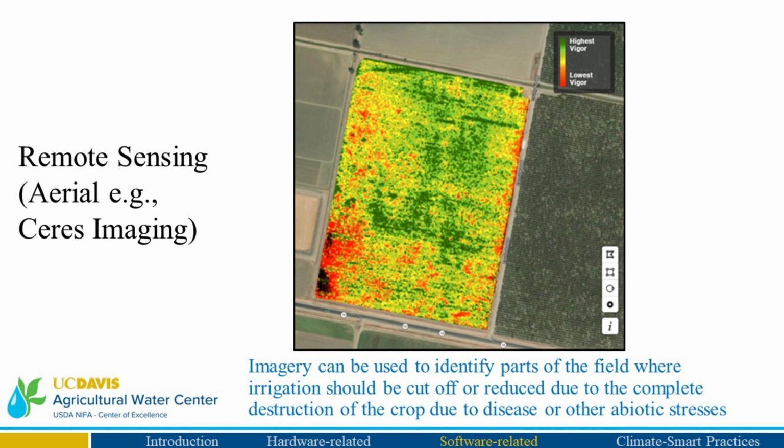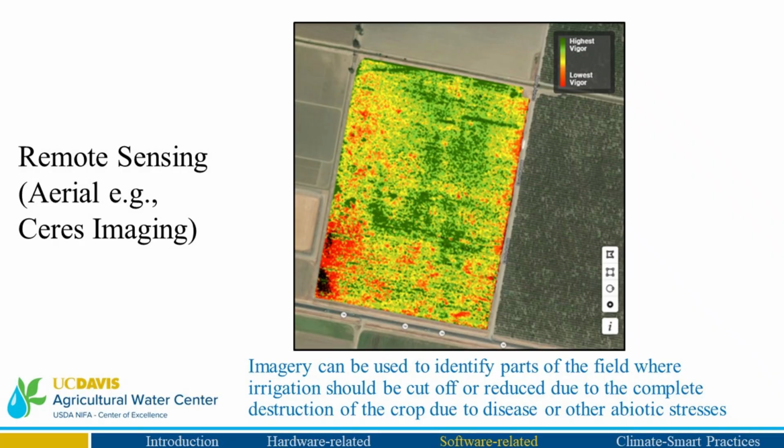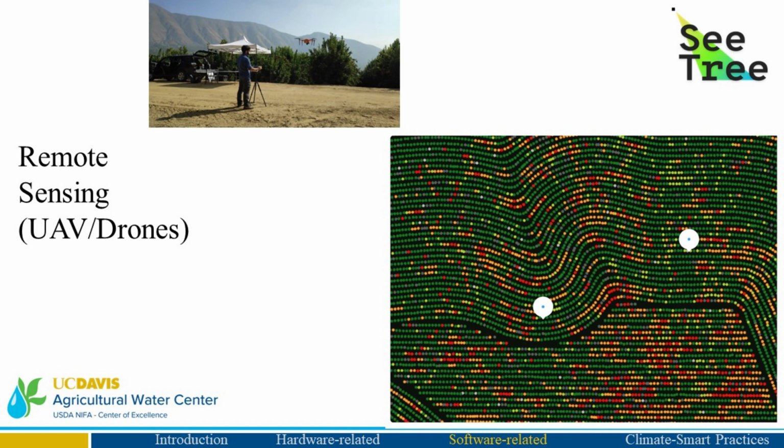really major breakthroughs. And of course, you can go from satellites to airplanes or aerial platforms, and there are famous companies like Ceres that give you very high resolution images of your field. And you can use information like this to prioritize where you put your water if you have limited water. Okay? And then there are, of course, things like drones, and drones have one of their biggest benefits is the high resolution. Okay?